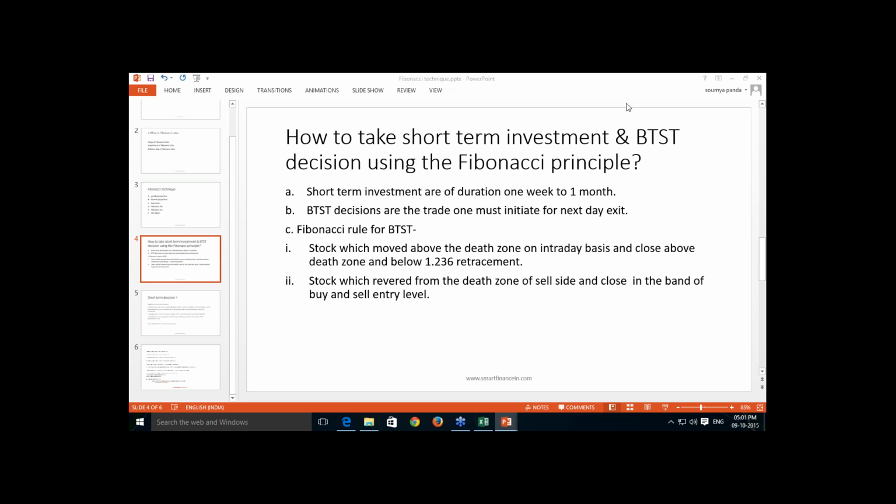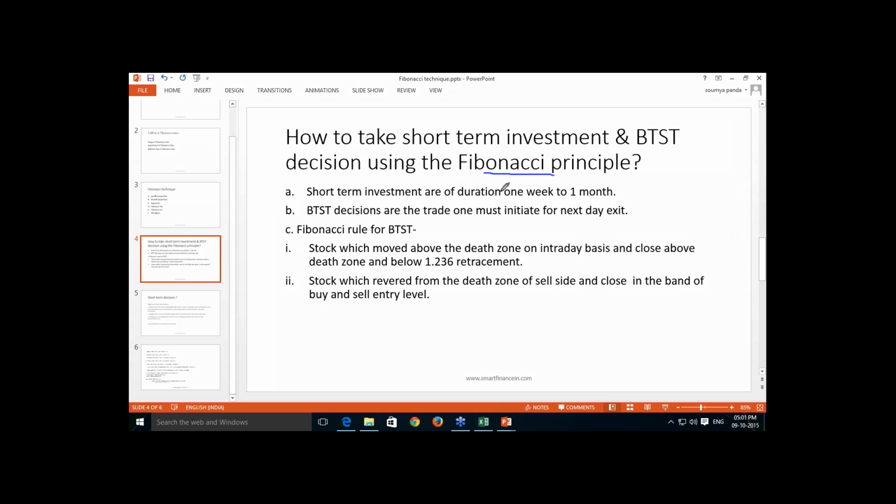Today we are going to learn how to make short-term investments, BTST decisions or buy today, sell tomorrow decisions using the Fibonacci principle. Here many rules are there, but we are going to learn the important ones,